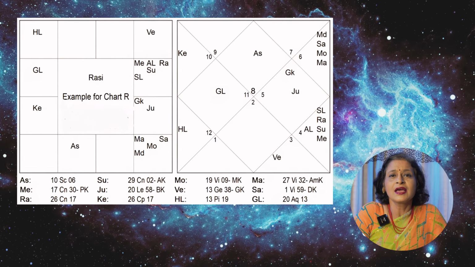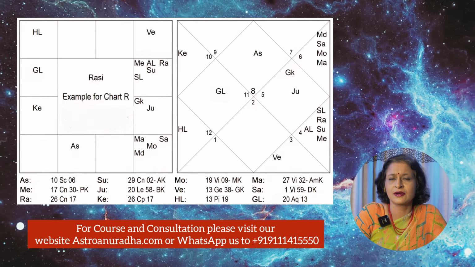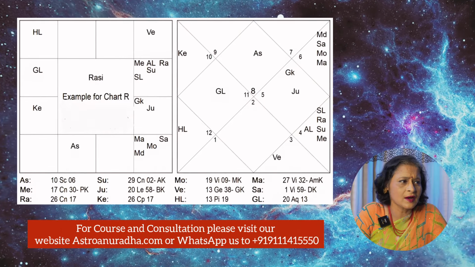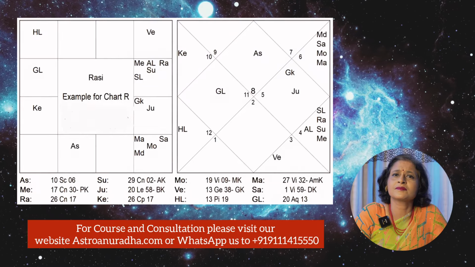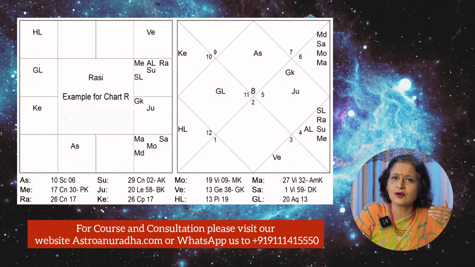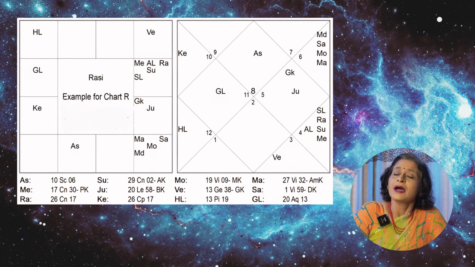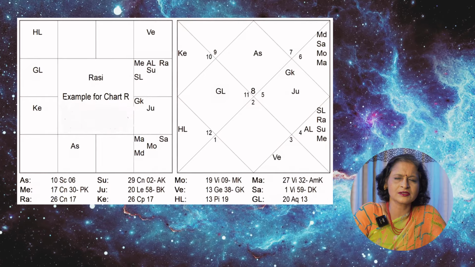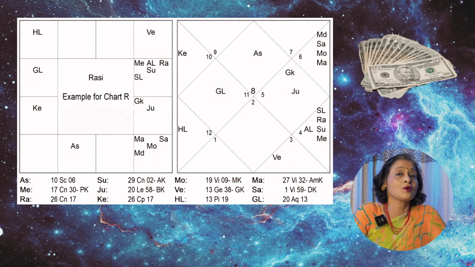In this chart, when we were talking about it in our class in Aslesha Nakshatra, what I found was that for the Aslesha Nakshatra, with Sun and Rahu sitting in Aslesha Nakshatra, this person had a very strong chance of getting money in the Sun's period. Okay? And Aslesha Nakshatra shows two things. It also shows a lot of money, it also shows deceit and so on. With Rahu sitting there, the deceit could be a little more apparent.